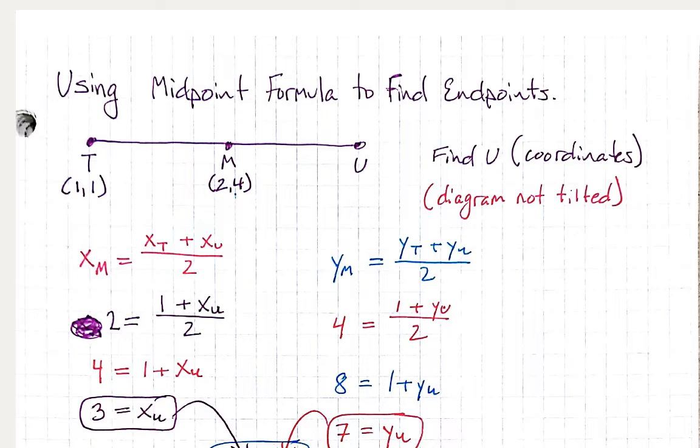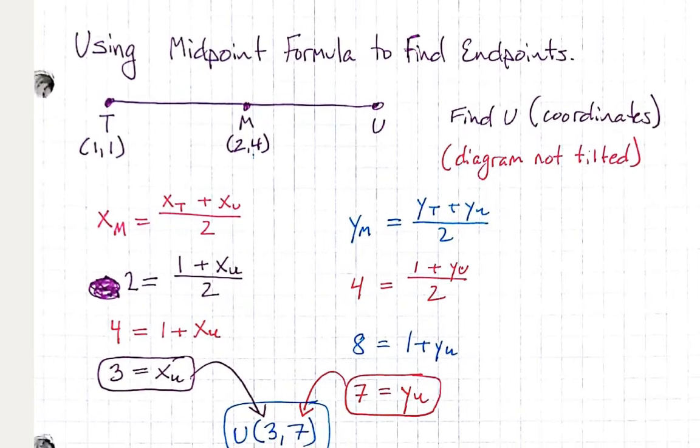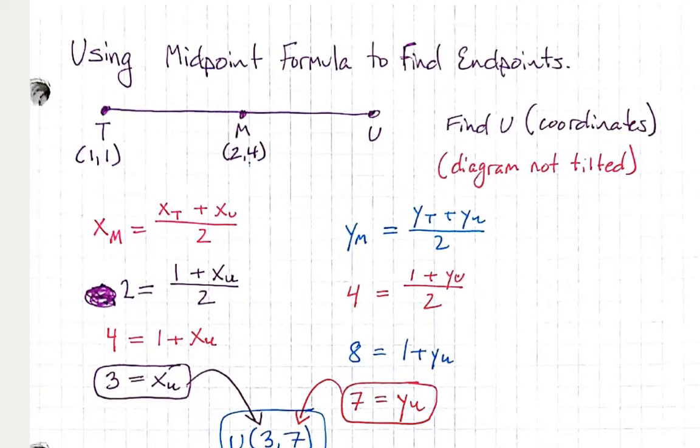Next up, we've got to deal with using the midpoint formula to find endpoints. In the previous example, we used the midpoint formula to find a midpoint. That was pretty convenient because we had a nice formula for the x-coordinate of the midpoint, and a nice formula for the y-coordinate, and then we just plugged them together and we were done. Well, it's a little bit more complicated if you want to find an endpoint, but you pretty much use the